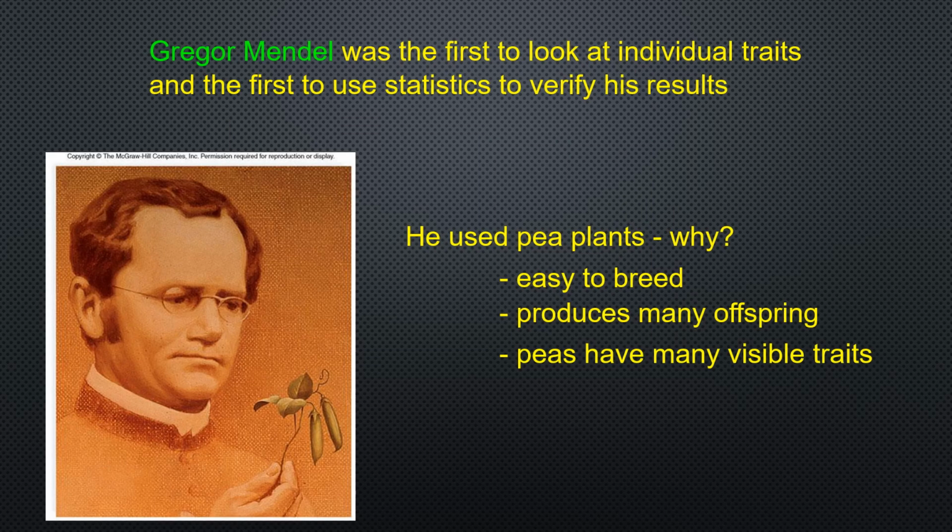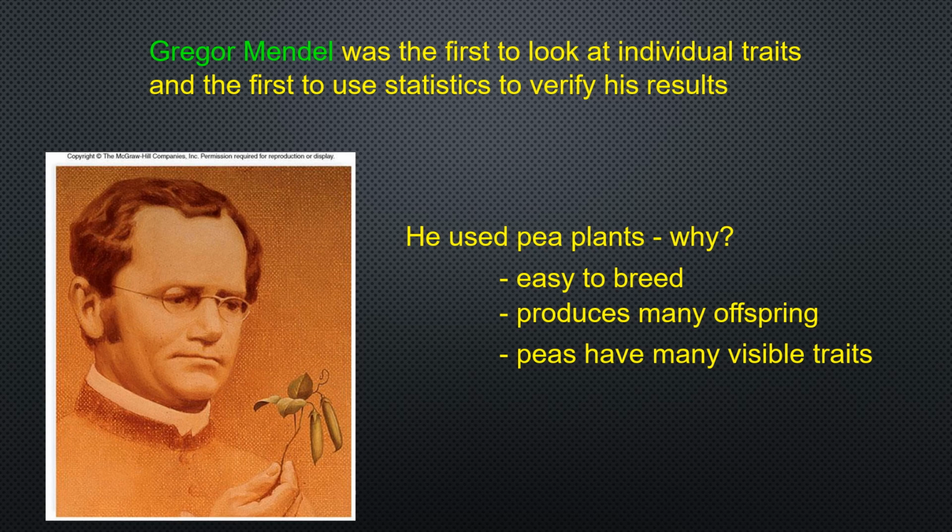So this is Gregor Mendel, and he deserves so much credit having to do with genetics. I want you to keep in mind that all of his research was done before they knew anything about DNA. So at the time, everybody thought that you got some kind of information from your mom and some from your dad, and that you were a blend of the two, which means that everybody would start looking more and more alike. And he did meticulous research using pea plants and statistics and probability to come up with a different theory,